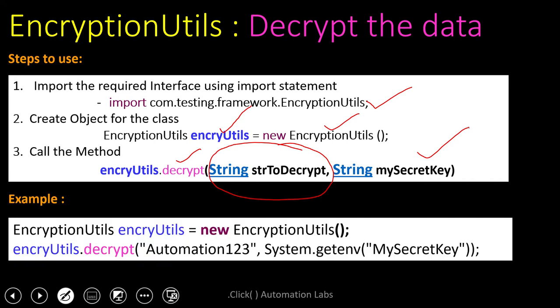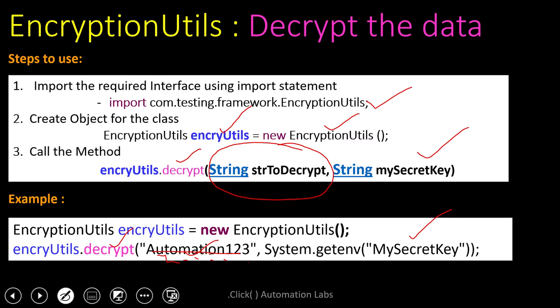Here I have given automation123, but generally the encrypted value will have some xyzzz, a lengthy keyword, as you will see. I will show you in the script. That keyword you can decrypt using your secret key, the same one we set in environment variables. Using that key, this decrypt method will decrypt the encrypted part.